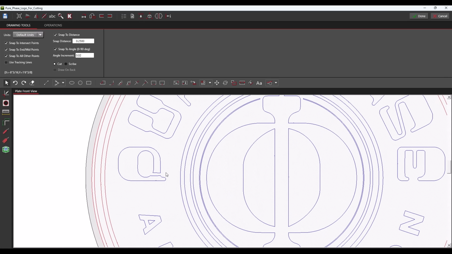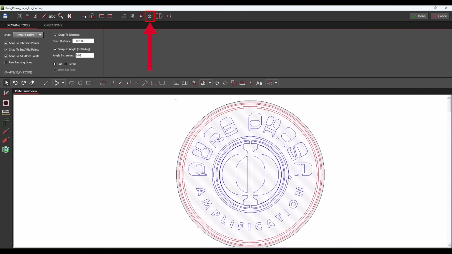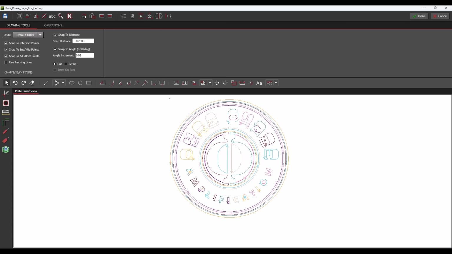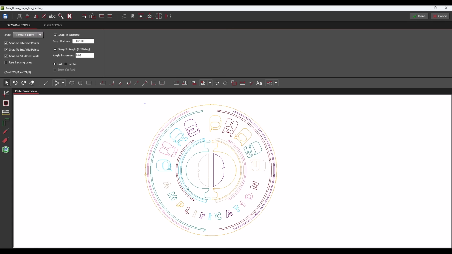We can always check our drawing out in 3D view to confirm cuts after we build it by coming up to the top of the screen and clicking this button with the block on it that says Show 3D Part. So I'm going to do the same operations for all the letters that I need to, like R's, O's, and A's. Okay, so I've done all the connecting and trimming, so I'm going to build the part, and then I'm going to check it out in 3D view.